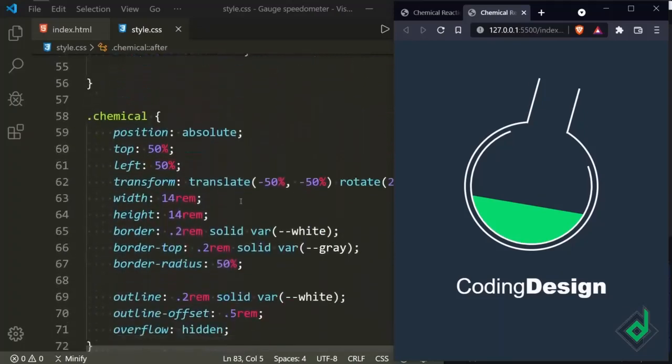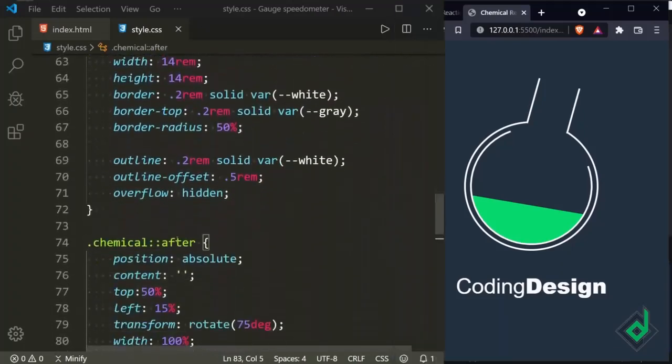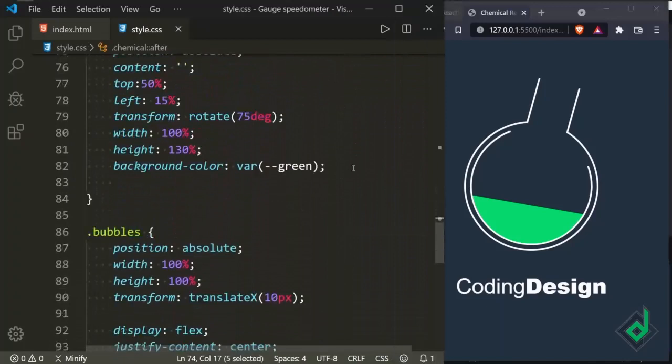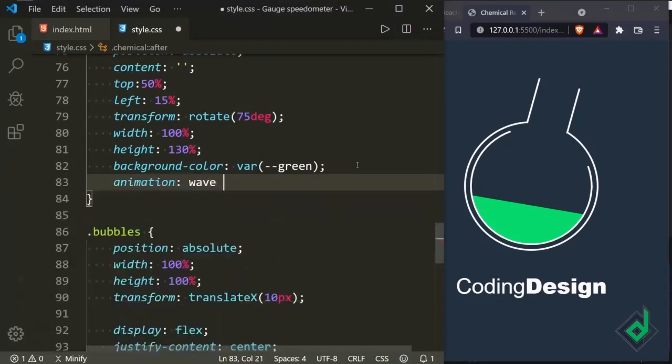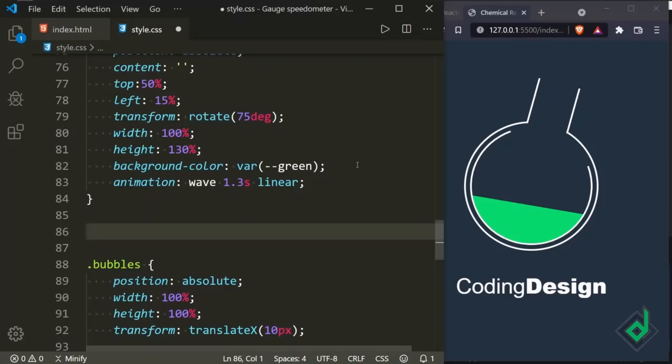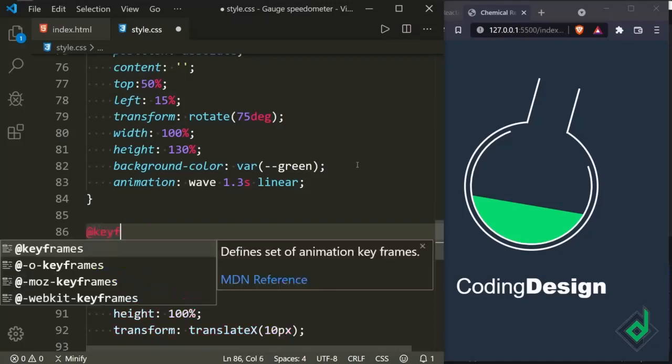So now let's animate that green color chemical. Now let's go to the chemical. After pseudo element, let's give animation. So I'm giving animation name wave. Animation duration I'm giving 1.3 second. For the timing function I'm giving linear. The process is same. At keyframe